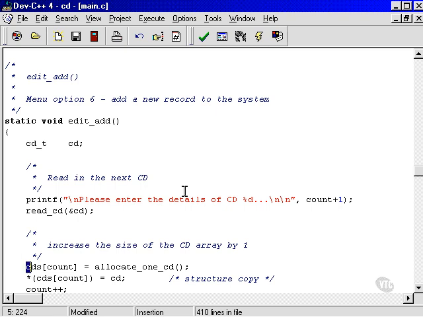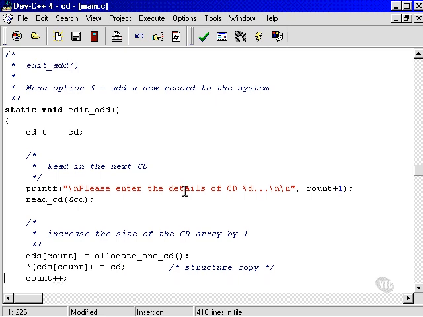So we assign the value that it gives us, which is the value that it gets directly from malloc, into one of the elements of our array, and each element of our array is a pointer. And then we say, right, the contents of that pointer now is this CD. In other words, we do a structure copy and we increment the count. Okay, so that changed a little bit,